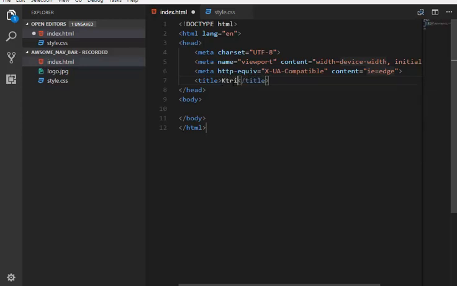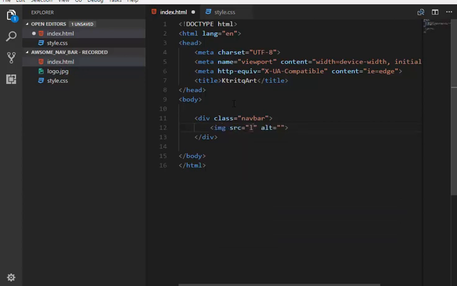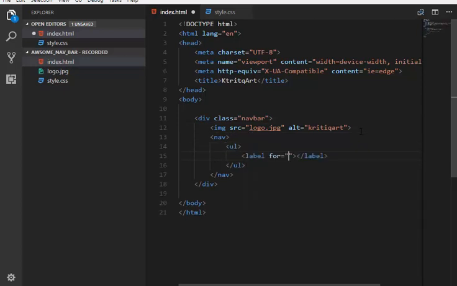For the title of this page, I am going to use Card, which is my brand. The second thing, I'm going to create a div with the class navbar, which will wrap my navbar. Then I'm going to create an image tag, and for the src put your image with your extension, JPG. And let's create a nav element here which will contain a ul, li, with an a,